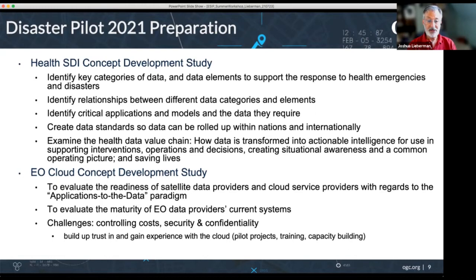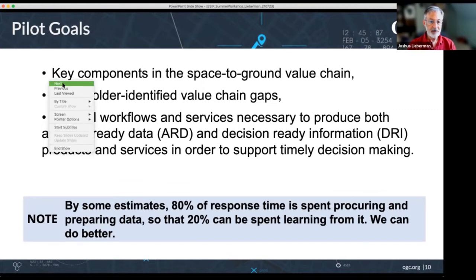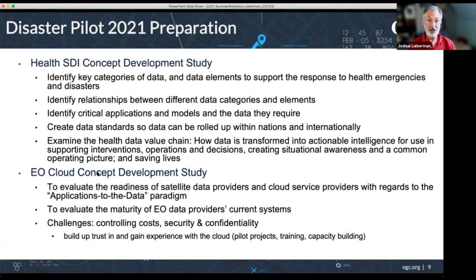The other concept development study focused on a trend which has been developing both inside and outside of OGC, and USGS and European Space Agency and others have been very involved in this, which is the EO cloud, and implementing this concept called applications to the data. So there are two pretty serious limits on really making use of Earth observation, particularly space-based information, to help people. One of them is moving the data around, and the other is having sufficient processing power to turn that data into a usable form at the scale of these occurrences and situations that they can be used